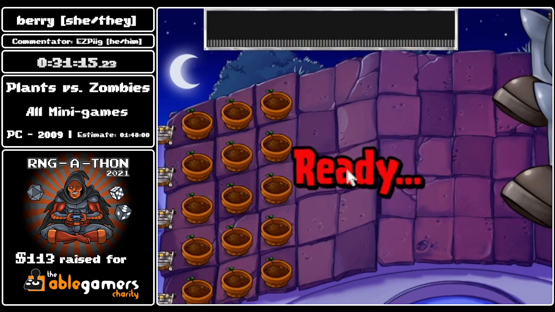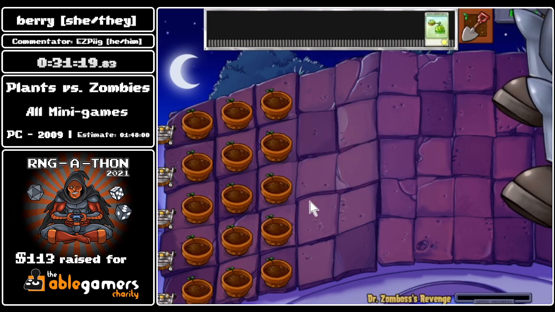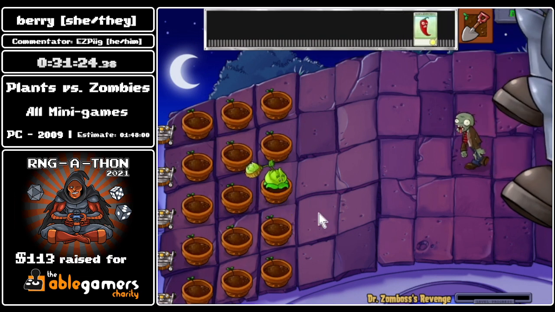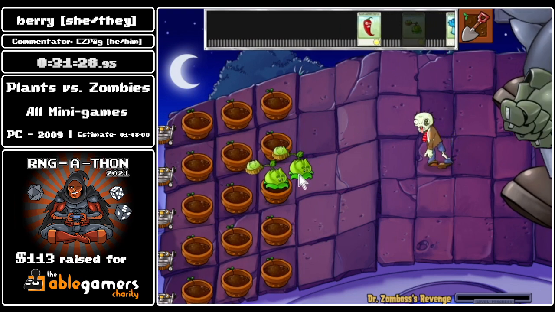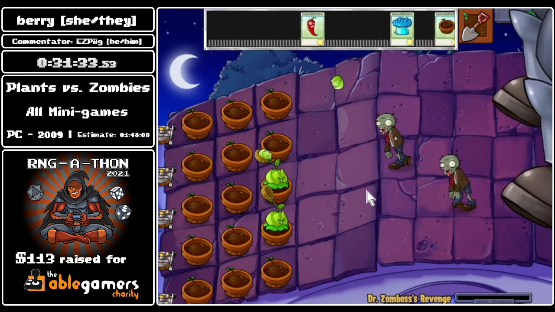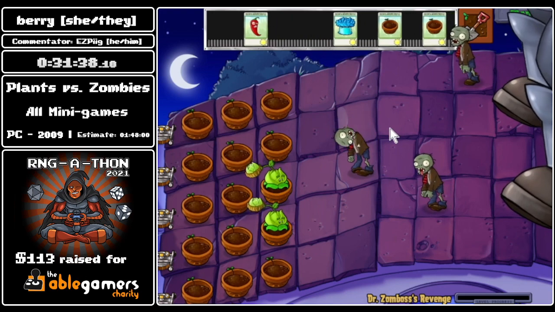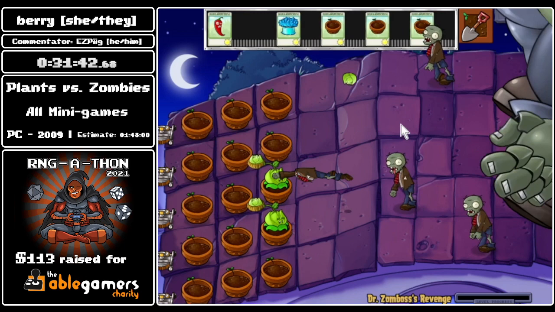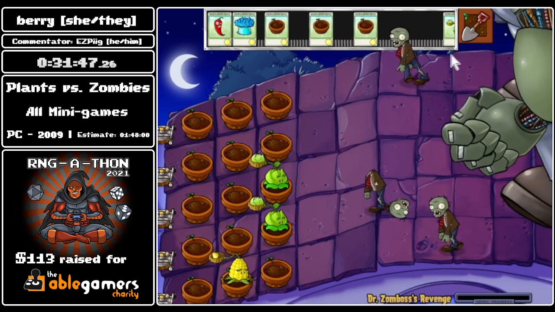So this is Dr. Zomboss's Revenge. So if you don't know, Zomboss is the final boss of any percent, which is another category that I really enjoy running, and a lot of other people do too. Including myself. Yours truly. And Dr. Zomboss's Revenge is basically the same level as that, except he has extra health, which makes the strategy slightly different because